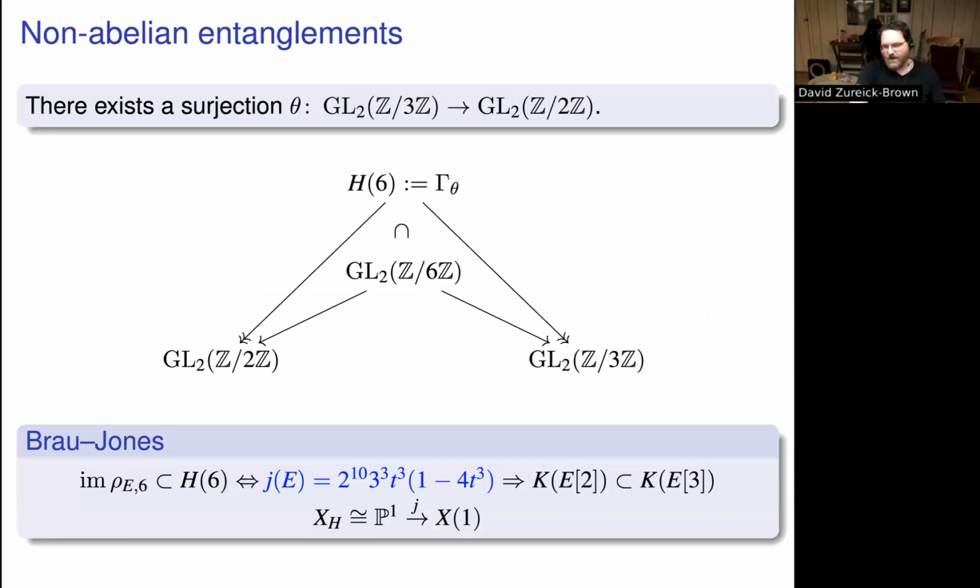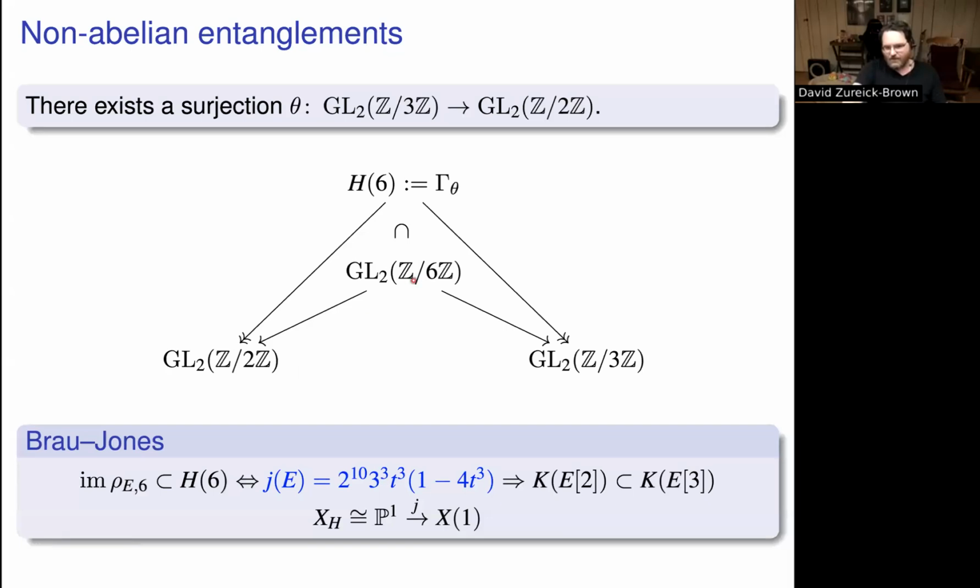The non-prime power case is pretty interesting too. So there's an interesting subgroup of GL2 Z mod 6Z. So there's a surjection from GL2 Z mod 3Z to Z mod 2Z. Either these are both power of 2, power of 3. It's hard not to have a surjection in that case, or it acts on the three 2-torsion subgroups. That's the action here. In any case, whatever that surjection is,